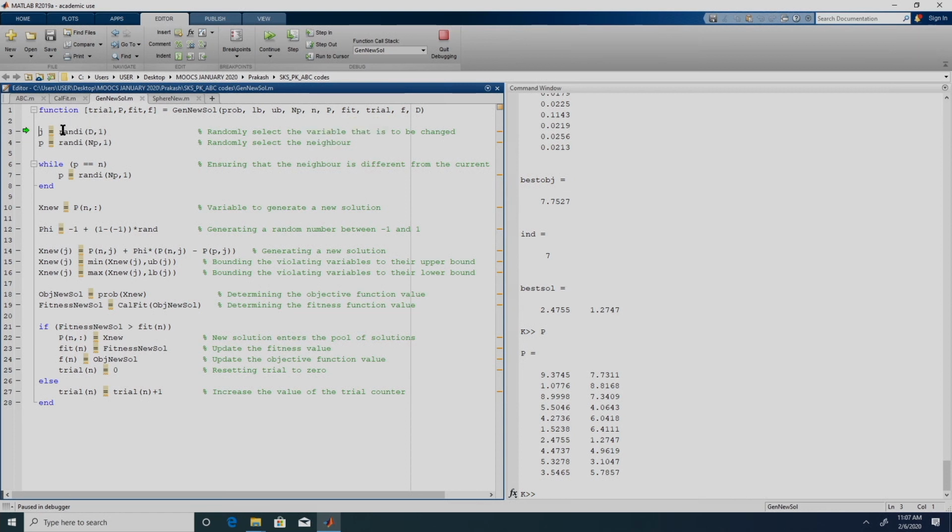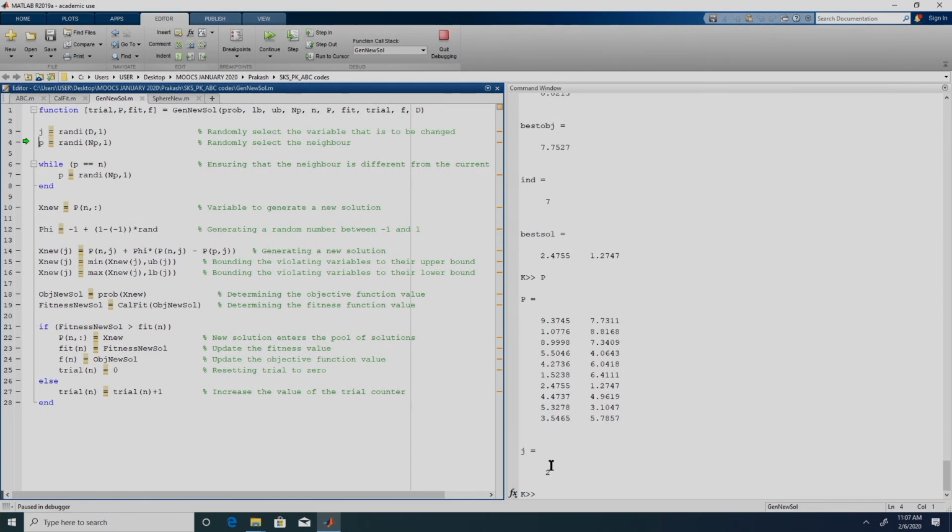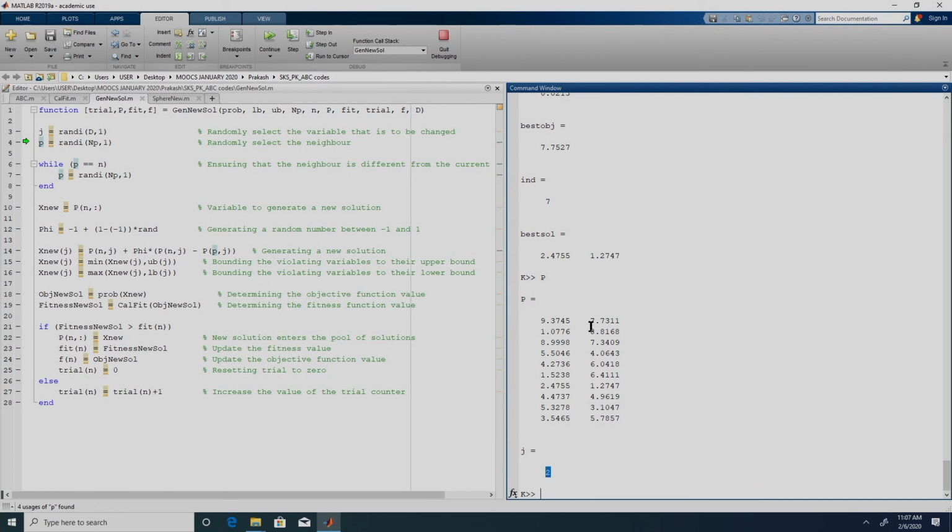First, randomly we need to pick a variable, indicated by j. This rand I, as you know, if we give d, so d is 2, between 1 and 2 it will give us a scalar value because we have 1 over here. Right now it has picked the second variable. The new solution which we will generate will definitely have this 9.3745, because we are not going to modify it; we are only going to modify the second variable, because j is 2.